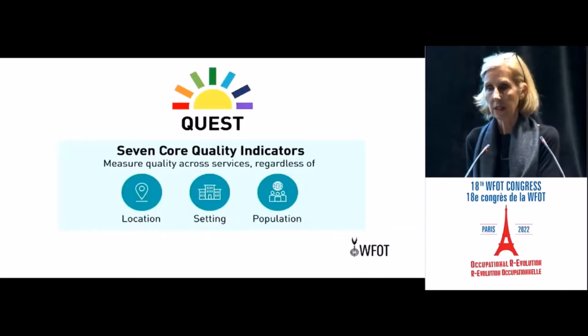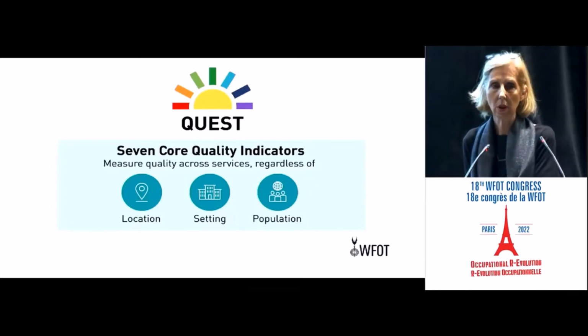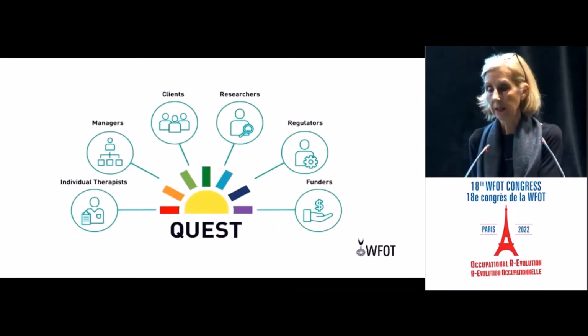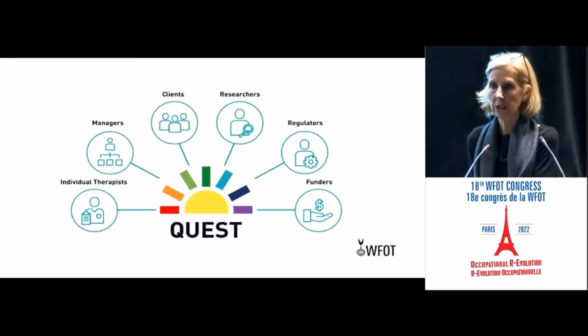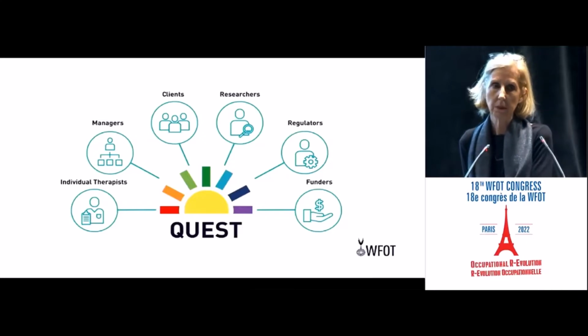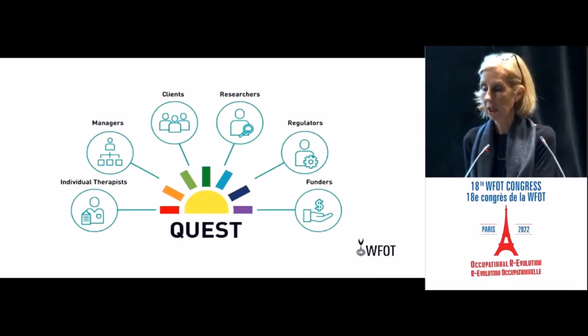So Quest is a tool that we developed that has 7 core quality indicators, and they're meant to be generic. When we say core, that they're generic for all settings, regardless of the location and the population that you're working with. The information that you can generate using the 7 indicators is of interest to a number of different people, including